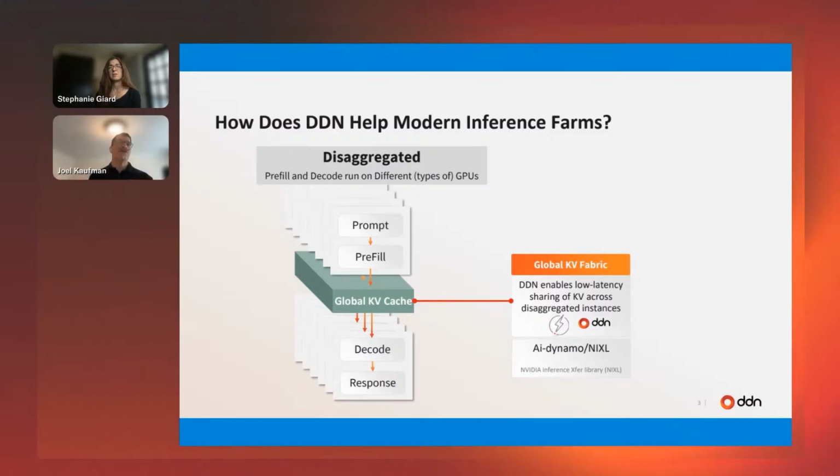Well, now you can do things like create a singular global cache for all these KV responses so that no matter which GPU actually takes the prompt in or the response, it can all access this as like a universal large pool. So okay, then your KV cache is acting more like storage. If you're using something like NVIDIA's NIXL or Dynamo, and the parallel file system that you're used to for HPC storage, right?